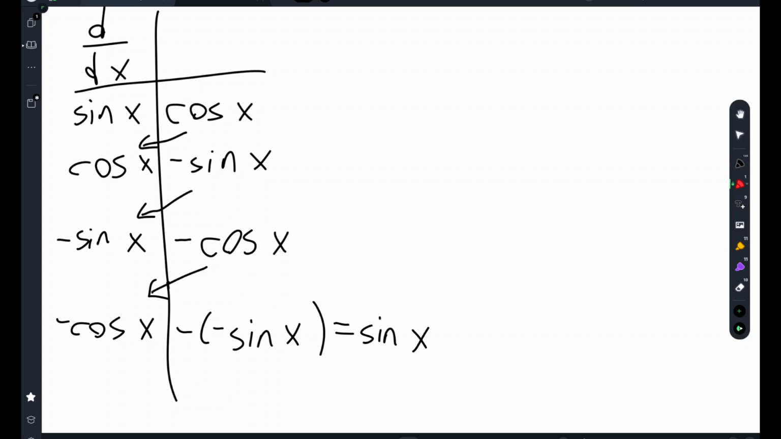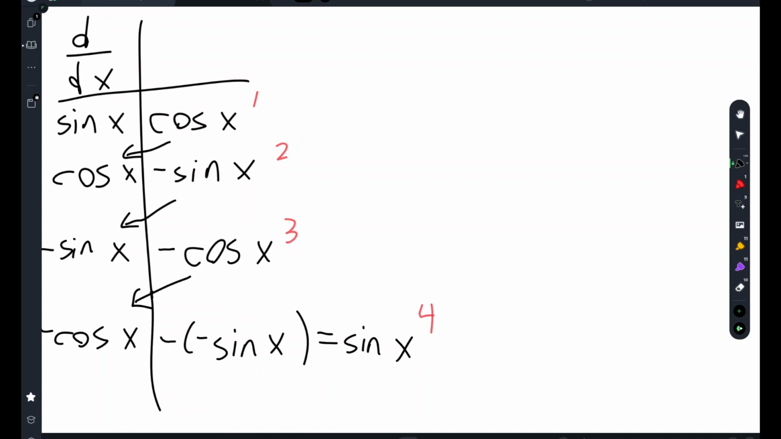So what do we notice? We started with sine of x, we took the first derivative, we then took the second derivative, we then took the third, and then the fourth derivative of sine is actually itself. And you can do the same thing with cosines, and you would see the same thing. So what this is saying is if you take the fourth derivative of sine, it's sine, or if you take the fourth derivative of cosine, it's cosine, which is really cool,